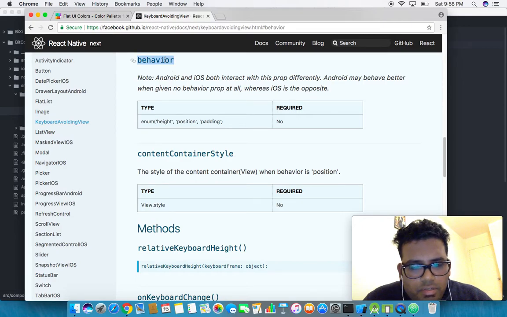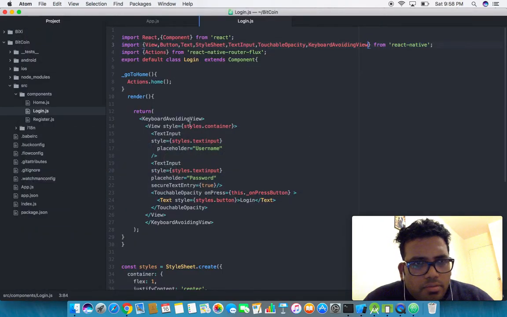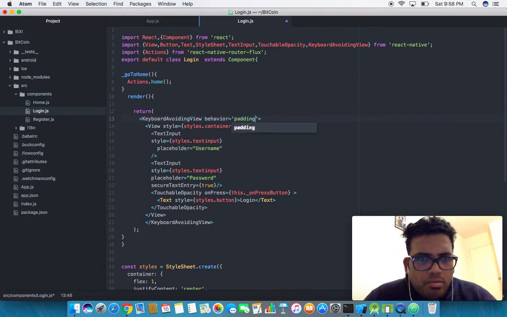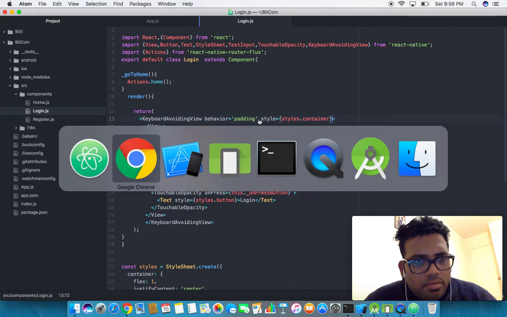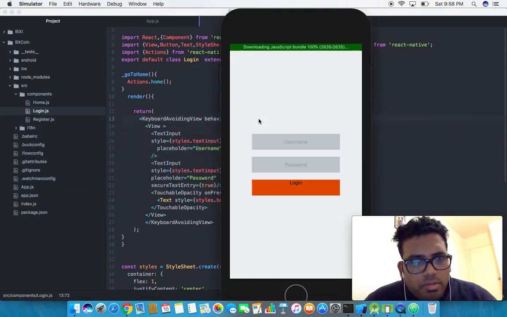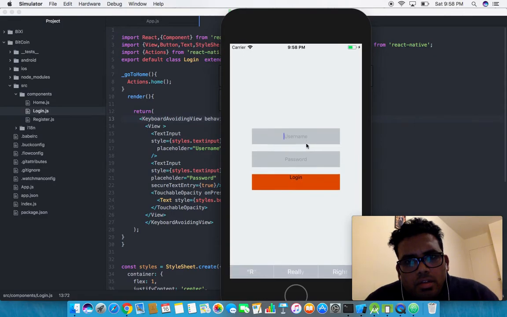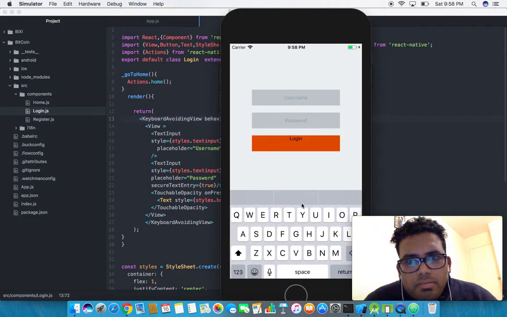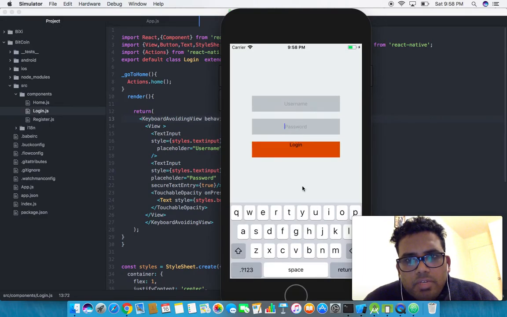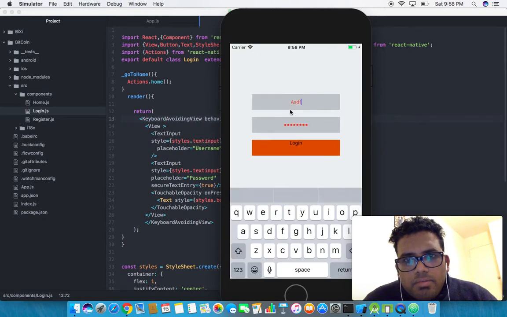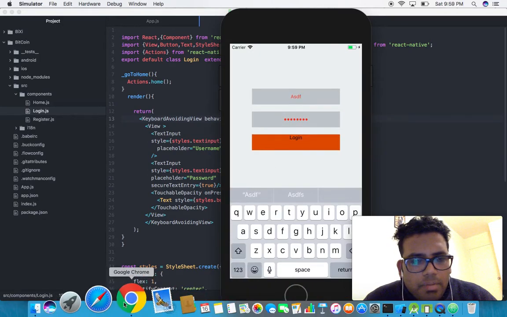So behavior equal to padding. Then this entire container style should go to the keyboard avoiding view. Okay, here we go. So when we press, this entire stuff is moving, right? Like that's nice, so that we won't give, and I don't want to have this capitalize, auto correction, all those